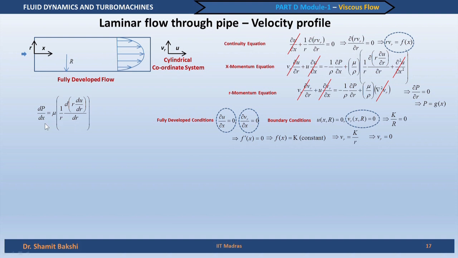Now, if you further consider this, the left hand side is a function of x, the right hand side is a function of r, and they are equal. So, what does it mean? These two can only be equal if they are constant. So, this simplifies and gives us a very important conclusion that dp by dx is actually constant for a pipe flow,